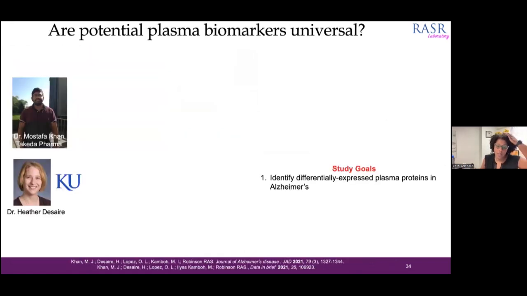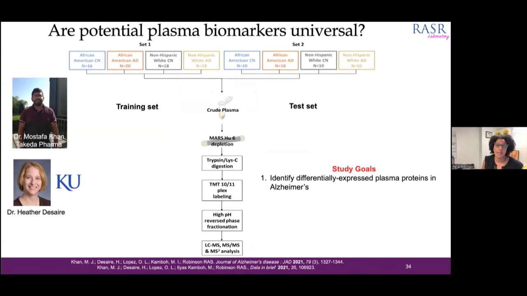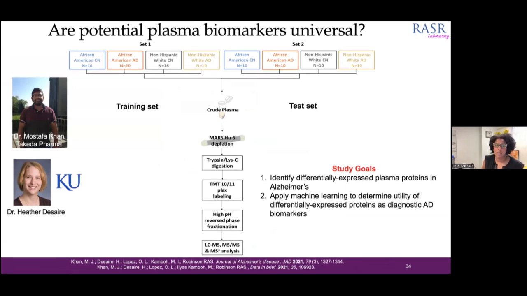So this was some of the work that we did with a former student in the lab who works at Takeda Pharmaceutical. The idea was to take those plasma tissues that we had access to at Pitt and do a differential proteomic study, and then use that data to also do a machine learning study to see whether or not we could identify potential biomarker candidates and how well they perform dependent on the racial background of the participants. So we had a training set of participant samples, and then we had a test set from the same Pitt